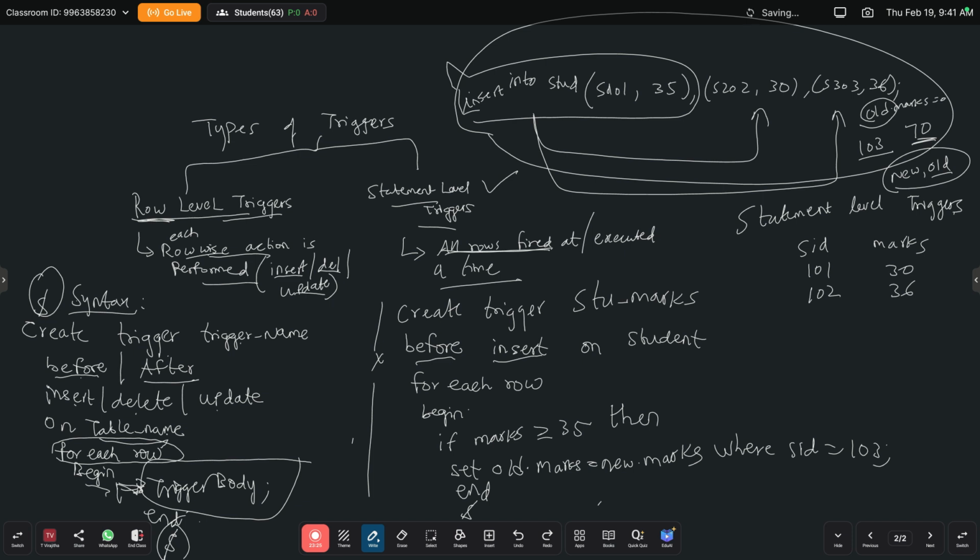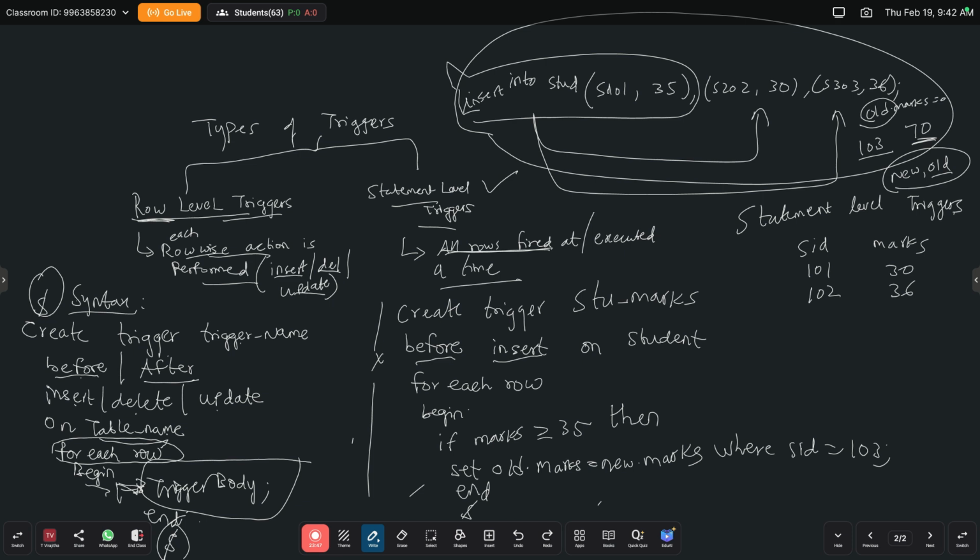Similar examples you will have for before insert, after insert, before delete, after delete, before update, after update. Total 6 classifications, with examples you have to write if it is asked for 10 marks. Clear everyone? How to write the condition?